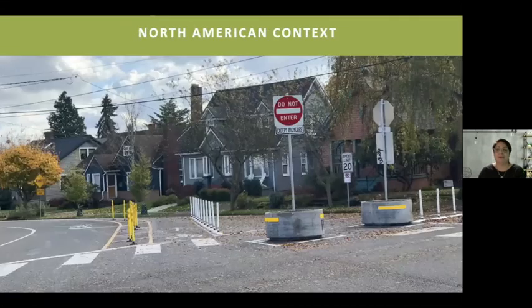Yeah. And then I want to finish on this example of a street in, I think when I grabbed it, it was from Portland, to show that this is possible even in your context, and it doesn't have to be expensive. So here you see some flex posts, a reallocation of what would have been a turning lane into a bike lane heading in one direction with a contraflow lane on the other side. Some cement planters to slow traffic or stop traffic from turning into that space, and quickly you have a whole